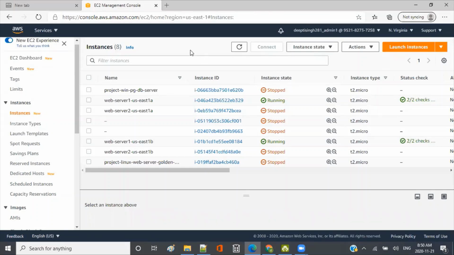Okay, so for people who are seeing this for the first time, if you want to create a new instance, you go to instances and then launch instance. And then here you can also see that you can launch an instance directly, or you can launch an instance from a template, right? So launch template.